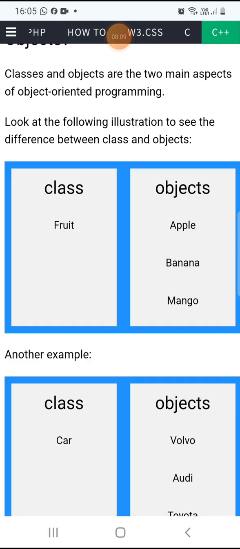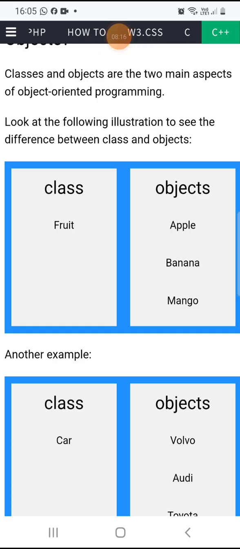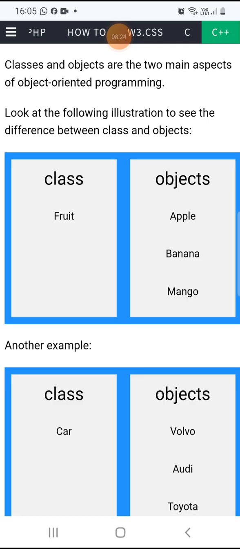So physically, the fruit object I need to pick up from that basket. Now that fruit is an object, but all the fruits are part of a class. Not a car class, they are part of fruit class.